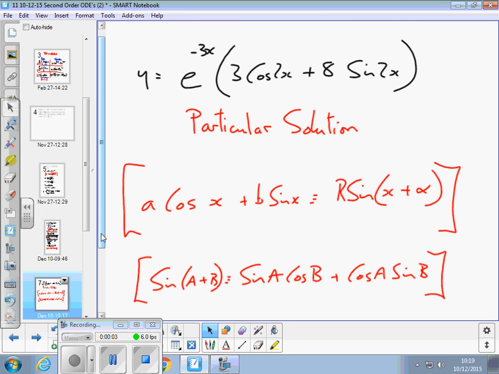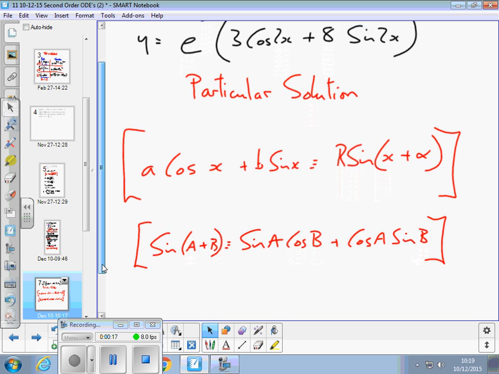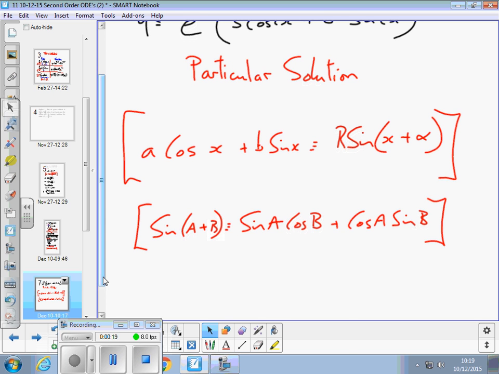So let's look at this particular solution then. There it is at the top: y equals minus 3x, 3 cos 2x plus 8 sin 2x. That is our particular solution. If we plotted it, we will get the function that we're interested in. However, we're going to use this compound angle formula that we've come across before to help us to rewrite this